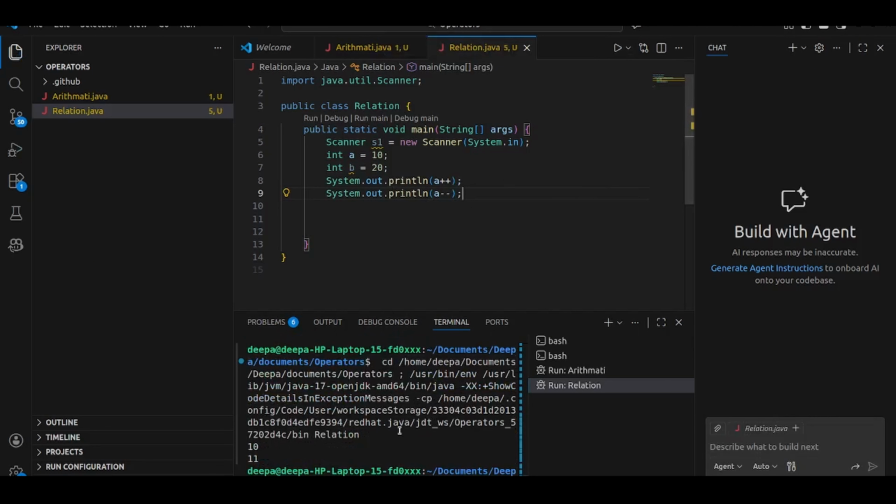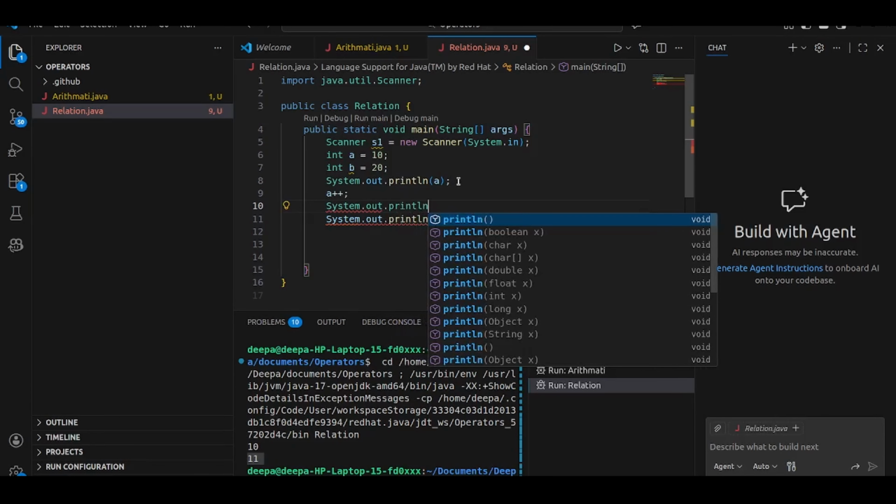Now if I check, see here, now we are getting 10 and 11. Why? You can ask, why is this the same 10? And if I try to remove one, it will become 11. I will tell. But before that, I'll remove this and this. Between this, first I print the current value of A. Then I increment. Then